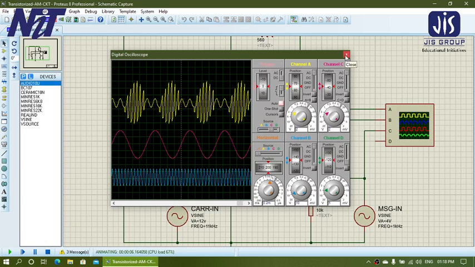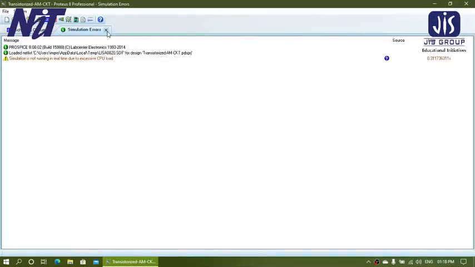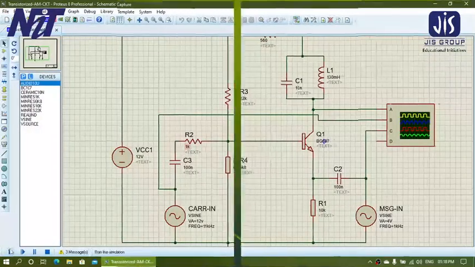I think that you will understand how to simulate an amplitude modulation through the Proteus 8.1 Pro simulator. Okay, and remember one thing, when you simulate any kind of circuit and observe it in your DSO or any other measuring instrument, don't close it from here. If you close it from here, it will no longer operate, and then you have to delete this equipment first and add it again. So better, if you want to make any circuit alterations, first stop it, then change any parameters and then run again. Okay.